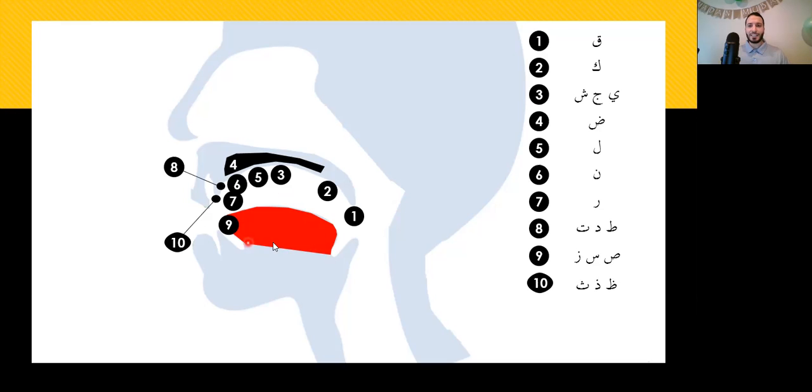Next is number 9. Sod, sin, and zay. So in number 9, the tongue is almost, like I said, in line with your lower teeth, and the air is flowing in, hitting the upper area here of your palate that is close to the base of your upper teeth, and hitting your tongue and coming out. S, sa, su, si, za, zu, zi, s, as,